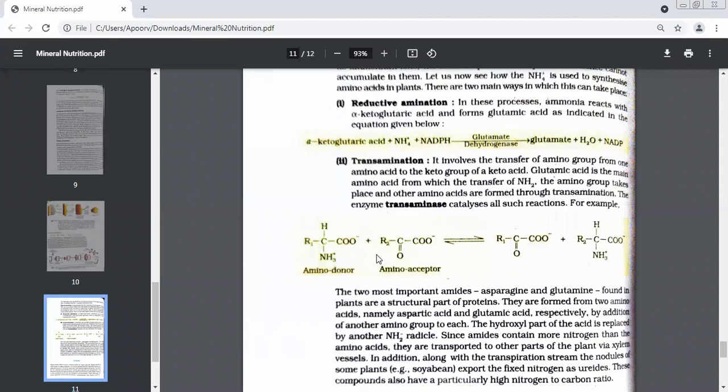Okay. Now see the change which is coming now. Let's see this one. This is amino acceptor. This hydrogen has come here because it was acceptor. See this. This was R2 now. So with the R2 carbon, we had nothing over here. But see this side. R2 carbon has what? H and NH3. That means this H from this R1 compound, R1 acid, has come here.